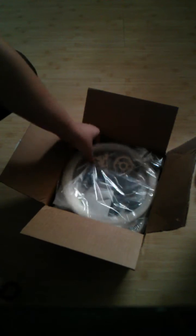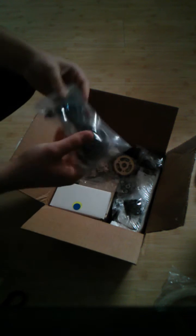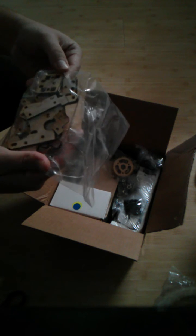Hey guys, I just got my Printrbot, a beta, simple, and doing a little bit of unboxing. Okay, got a receipt, some plastic, I'm guessing, printing, got some USB cable, maybe power cable, whole bunch of little wooden parts, not sure where they're gonna go,